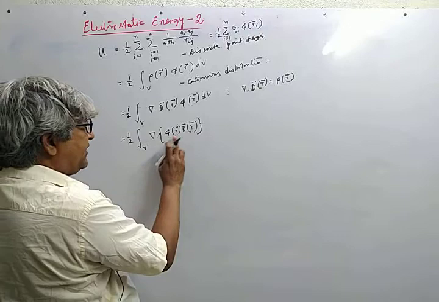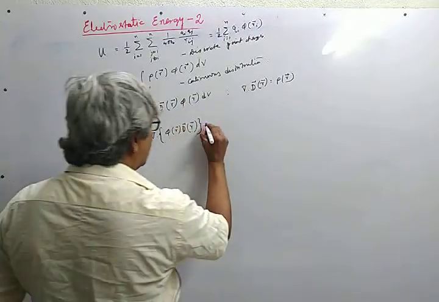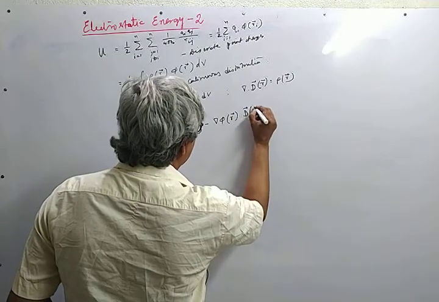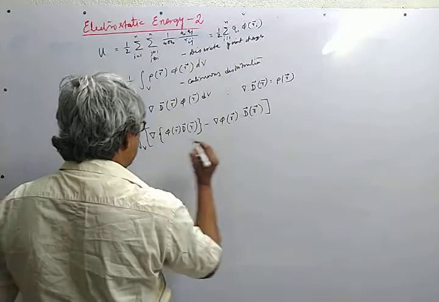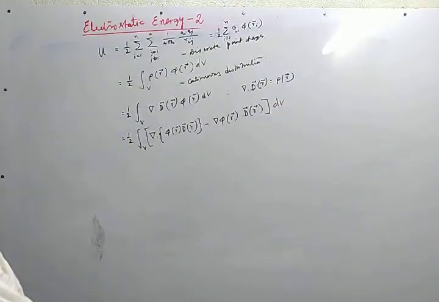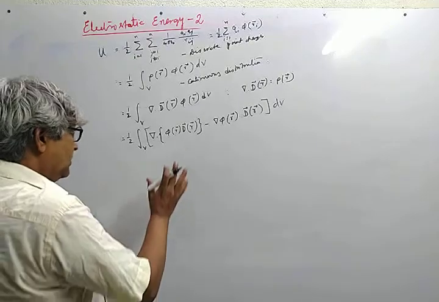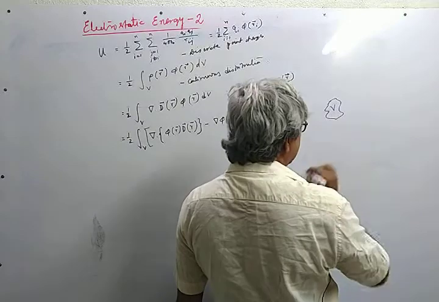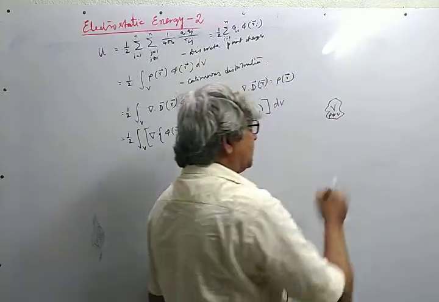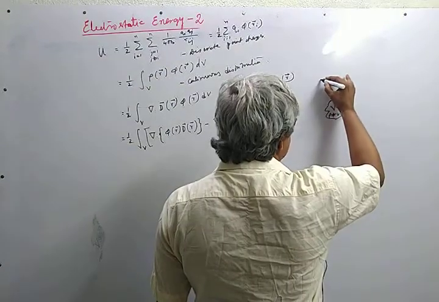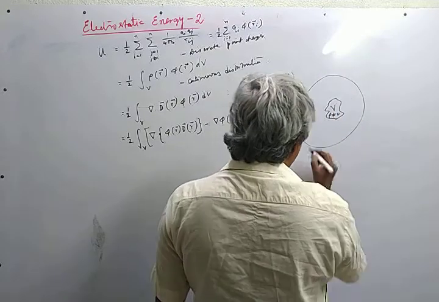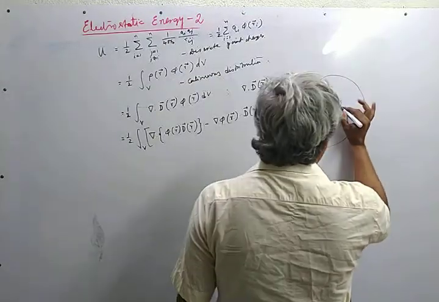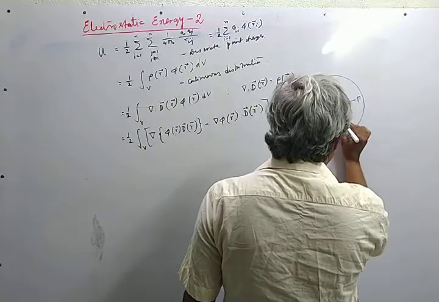This has two terms. One is phi times divergence D, which is this, and another term is this; the whole thing is integrated over V, the volume, where V is the volume in which the charges are defined. At this point, we like to say that this is the volume V, where the charges are enclosed, and within this, rho is not equal to 0. We may assume the volume to be this, where rho is 0 for region outside V. So from this volume, we have come to a larger volume tau. The closed surface is S, and the